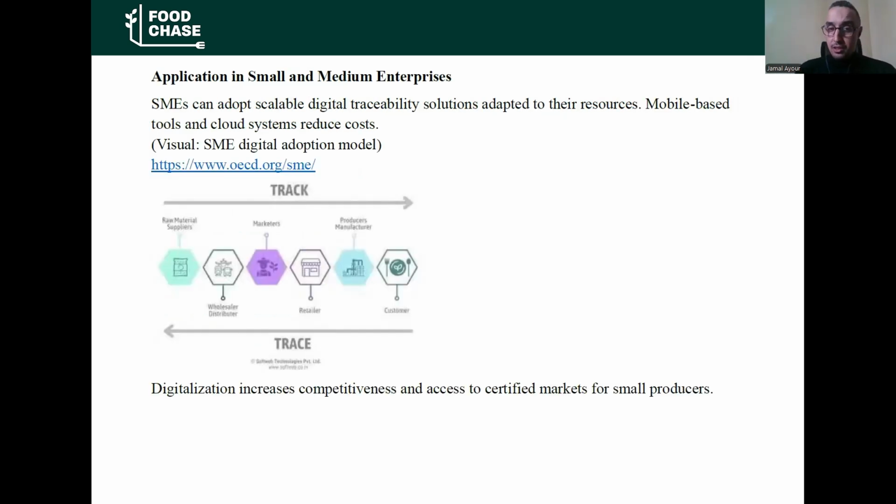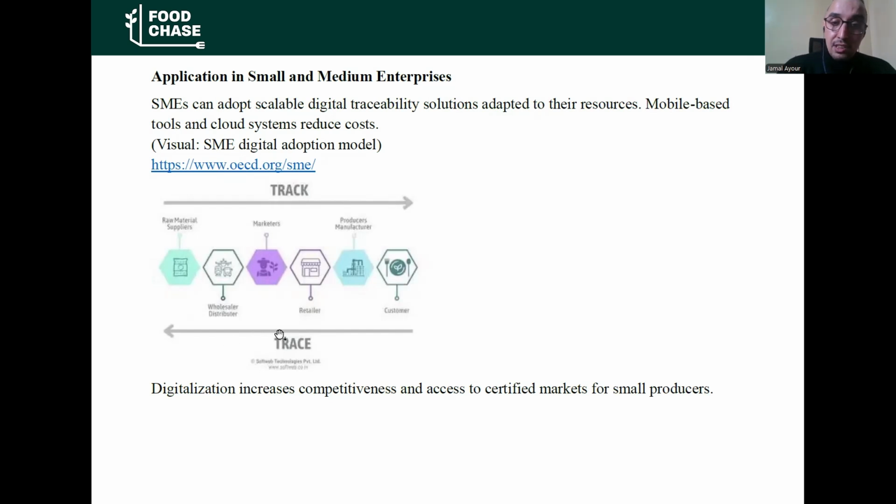About application in small and medium enterprises, the objective of these tools for traceability and digitalization is to facilitate transparency and trust between the food sector and the consumer. Scalable digital traceability solutions can be adapted to their resources; mobile-based tools and code systems reduce cost.